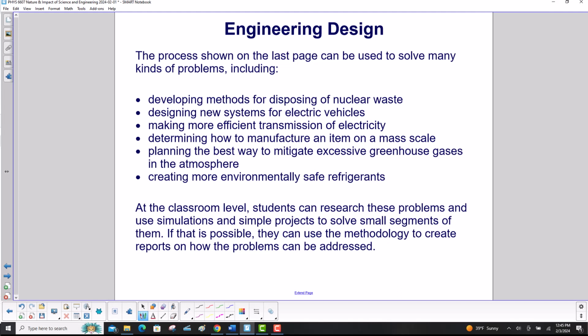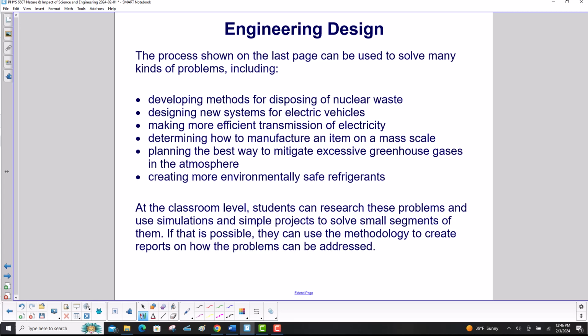The process shown on the last page can be used to solve many kinds of problems, including developing methods for disposing of nuclear waste, designing new systems for electric vehicles, making more efficient transmission of electricity, determining how to manufacture an item on a mass scale, planning the best way to mitigate excessive greenhouse gases in the atmosphere, creating more environmentally safe refrigerants. At the classroom level, students can research these problems and use simulations and simple projects to solve small segments of them. If that is possible, they can then use a methodology to create reports on how the